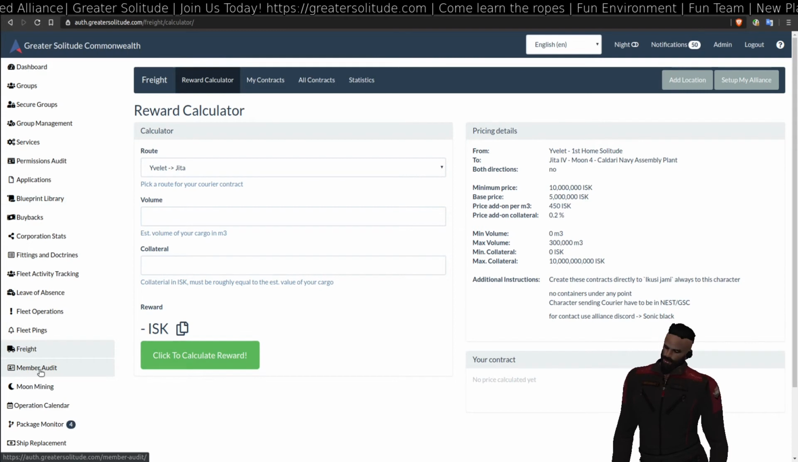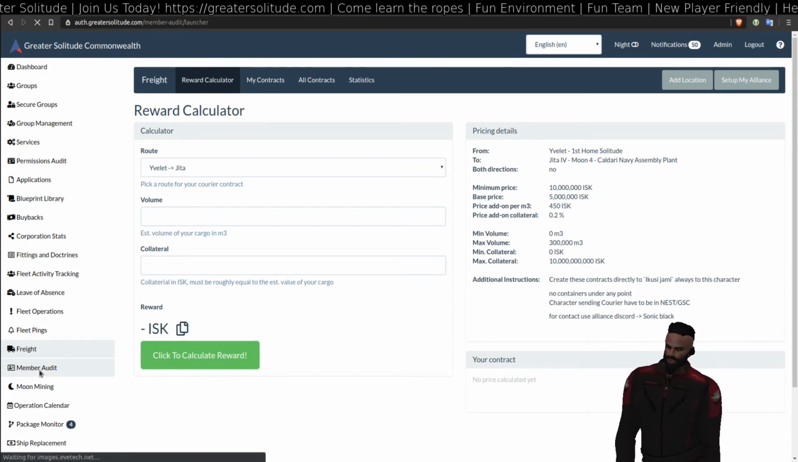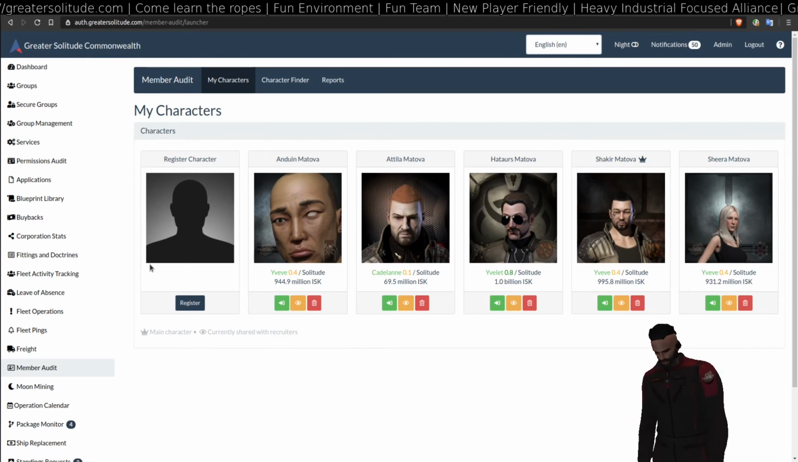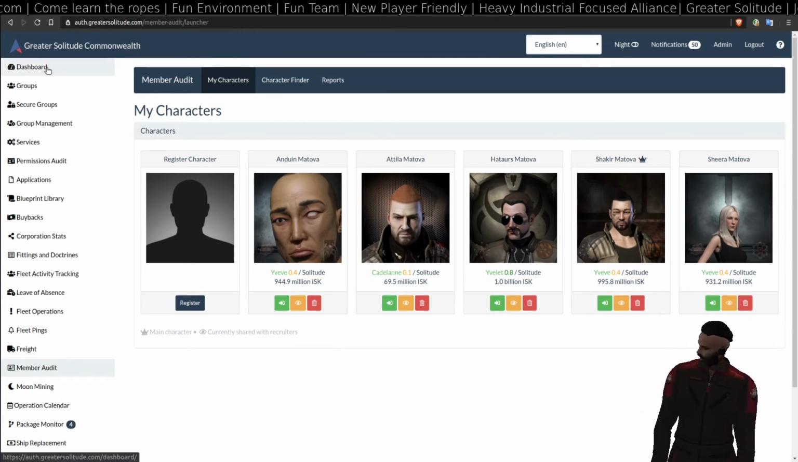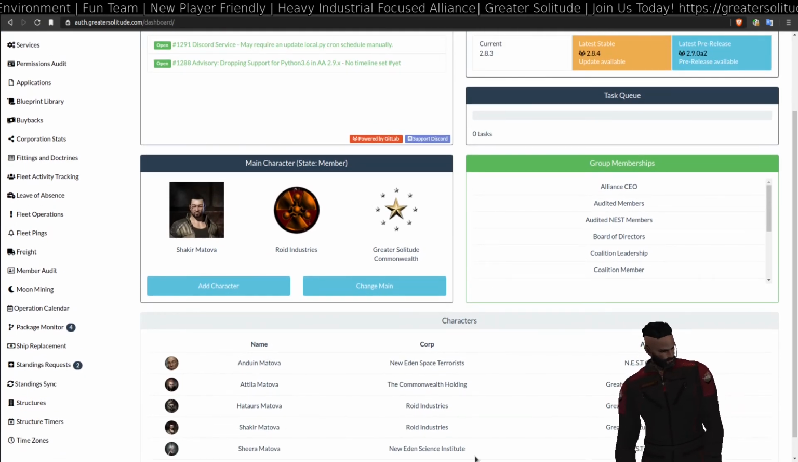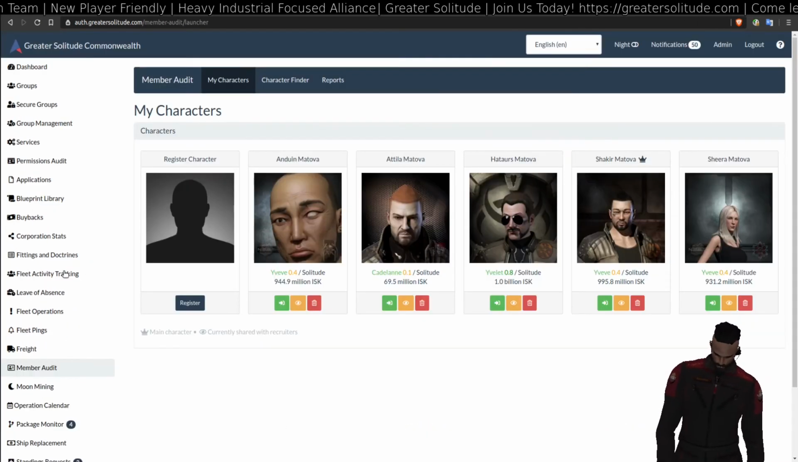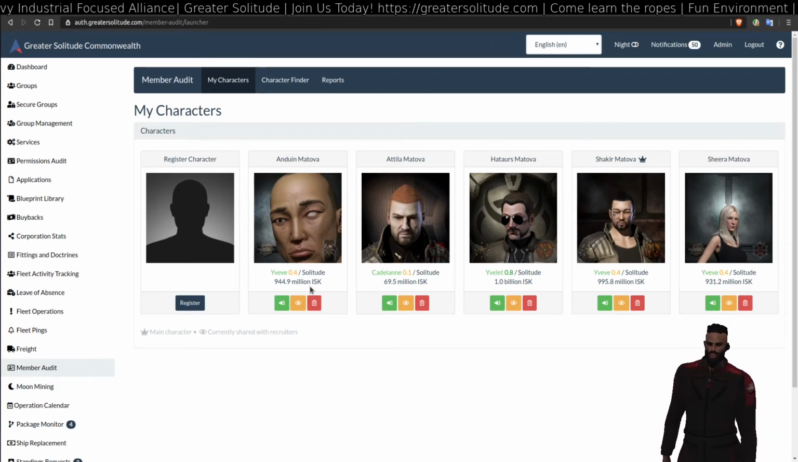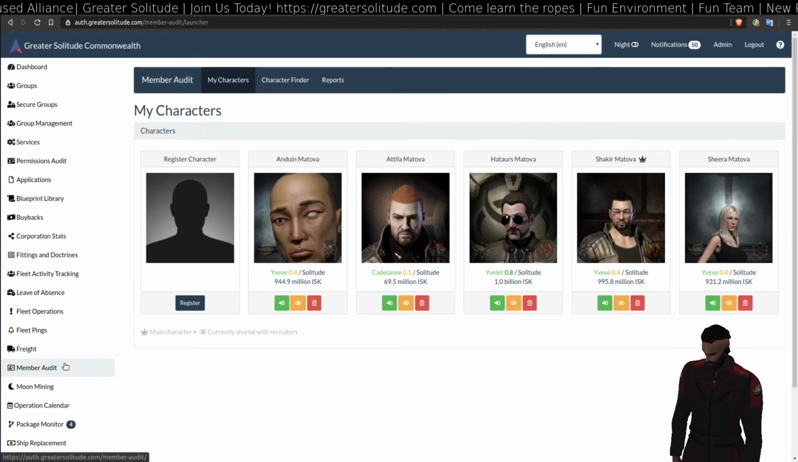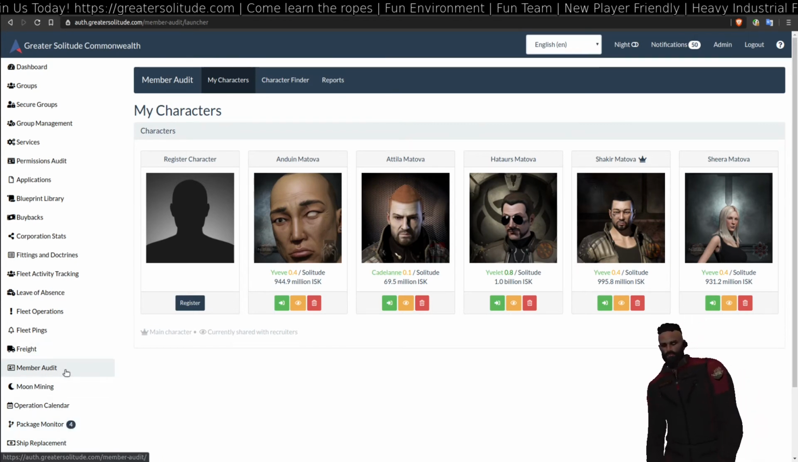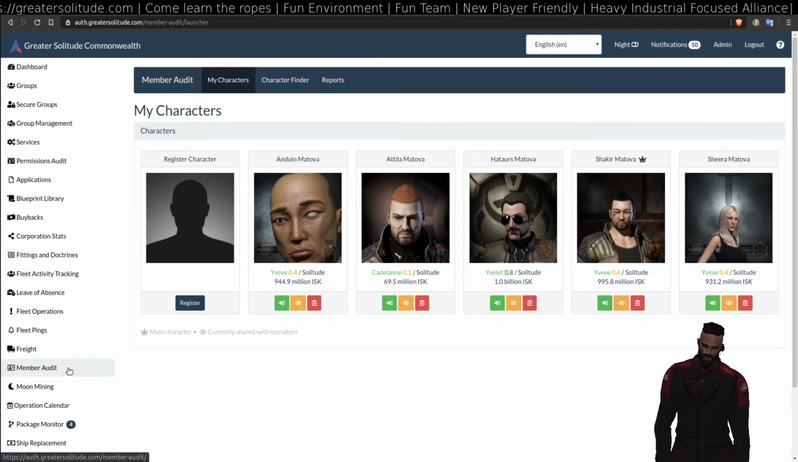The next most important tool is this member audit tool. You need to make sure that every character you've got registered on the dashboard back here is also on member audit. If you see one that isn't registered yet, make sure you register it. You'll see a number, like down here in package monitor I have 4. You'll see member audit and you'll see a number next to it